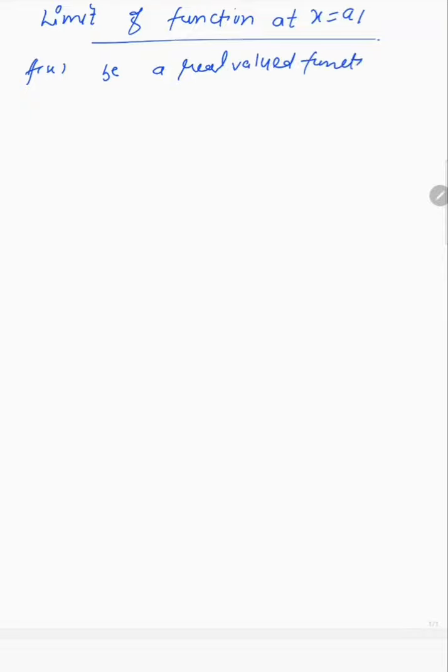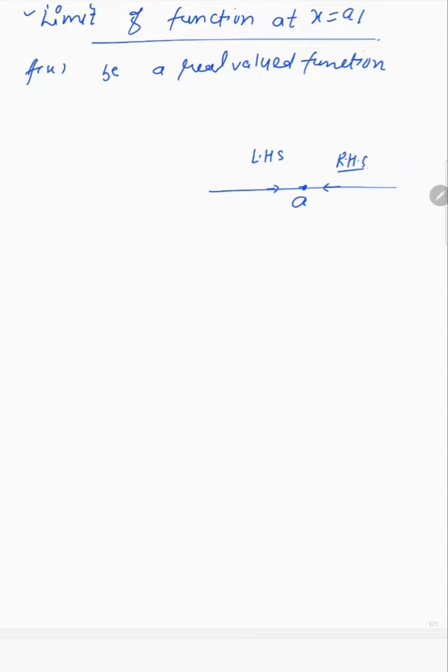Let's say here is a number line, here is a point a. To find the limit of a function at a given point, we have to check the approaching value of the function not at point a but at the neighboring points of this point a. According to the number line, we have two neighbors. First, from the left hand side, and second, from the right hand side. So to reach the point a, we can approach from two sides: first from the left hand side and second from the right hand side.